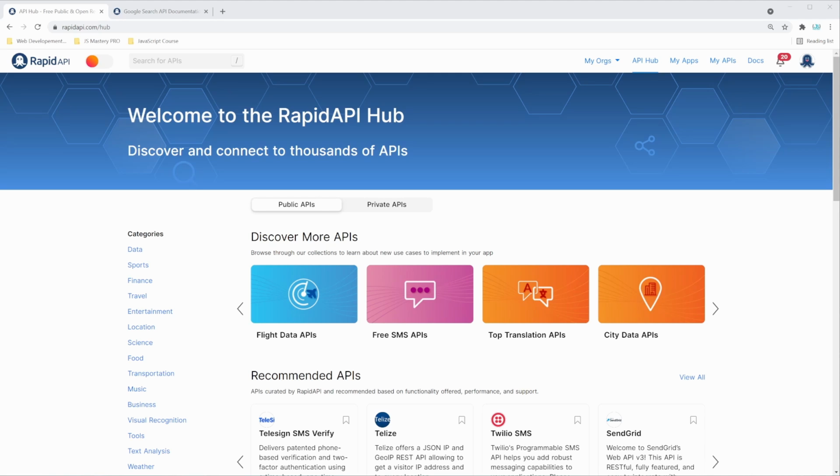Now, let's create our React application, and then later on, we're going to call these APIs straight from our React